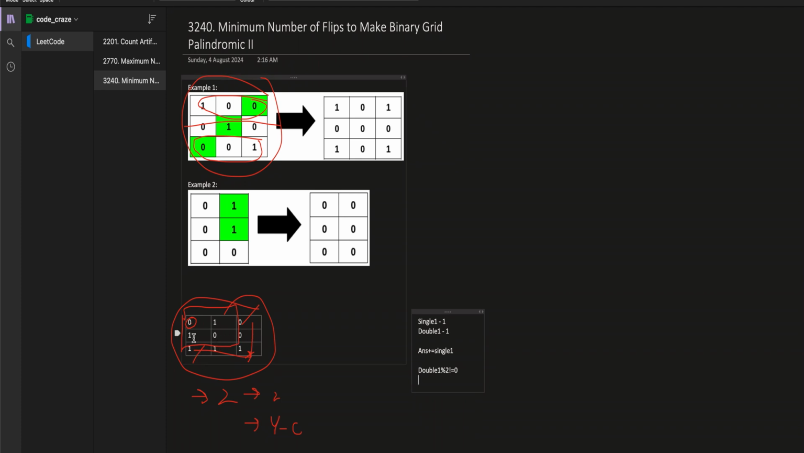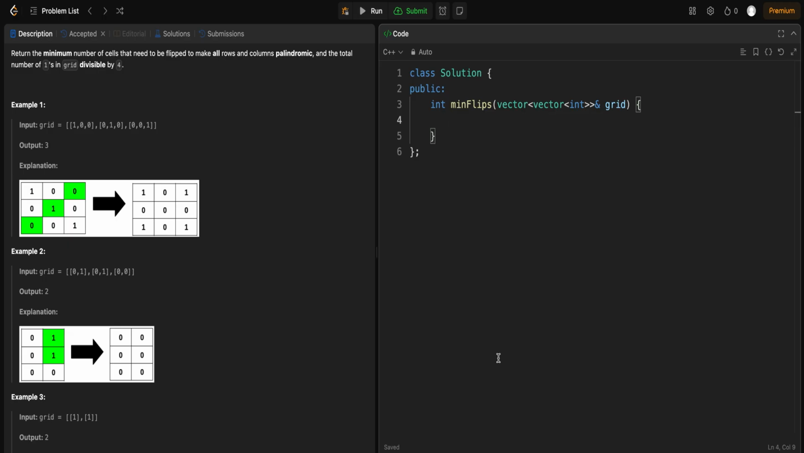Otherwise, if we do not have a single one, then we can remove both the ones of that pair and add 2 to our answer. Let's try to code out the solution now. Let's consider n is equal to grid.size minus 1, m is equal to grid[0].size minus 1. Now let's consider the final count to be 0. Let's return our count,